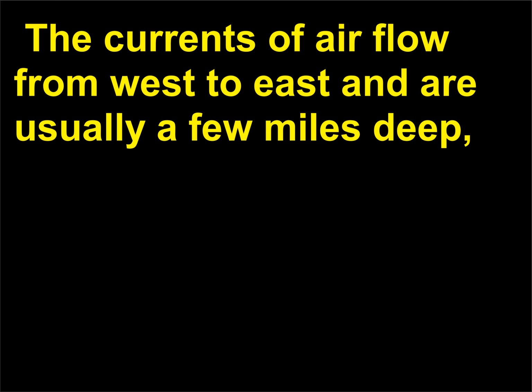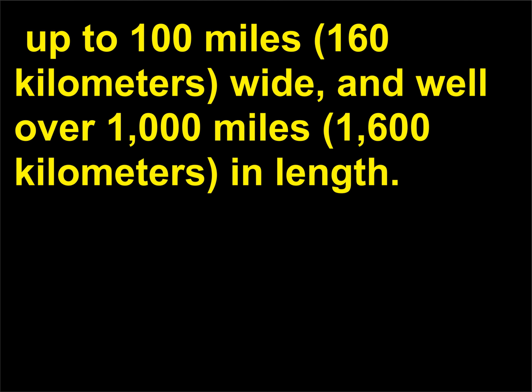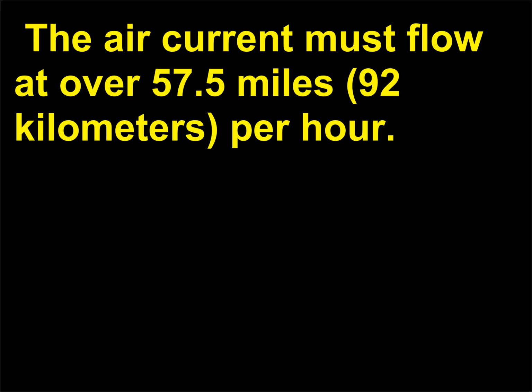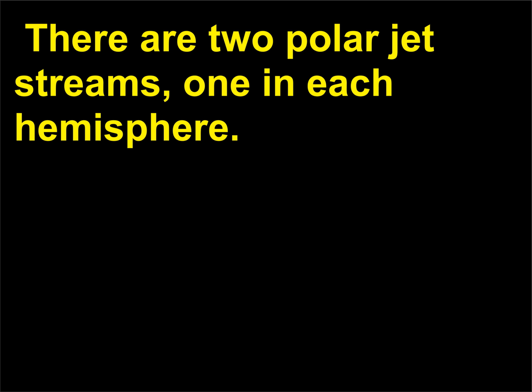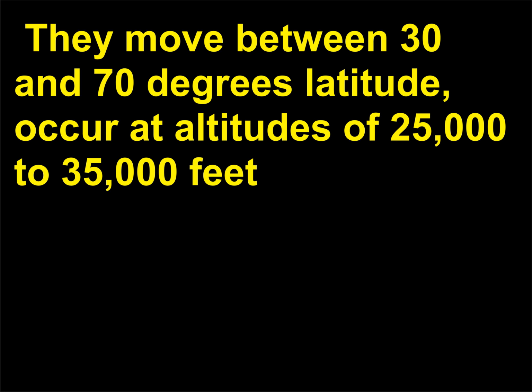The currents of air flow from west to east and are usually a few miles deep, up to 100 miles, 160 kilometers, wide, and well over 1,000 miles, 1,600 kilometers, in length. The air current must flow at over 57.5 miles, 92 kilometers, per hour. There are two polar jet streams, one in each hemisphere. They move between 30 and 70 degrees latitude, occur at altitudes of 25,000 to 35,000 feet,